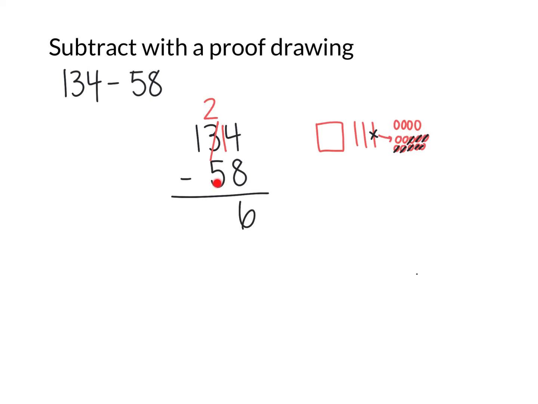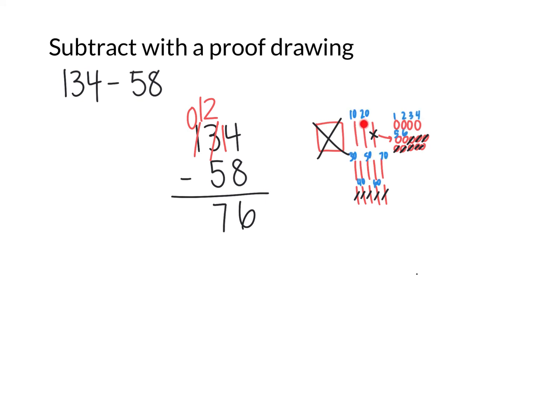Now I can move to the tens. I see I have 2 tens left, but I need to subtract 5. I don't have enough. So I'm going to look next door in the hundreds place, and I'm going to break up this 100, and I know that 100 is the same as 10 tens. So I'm going to make my 10 tens and add a 1 in front of the 2 to now show instead of just 2, I have 12. And I know that 12 minus 5 equals 7,